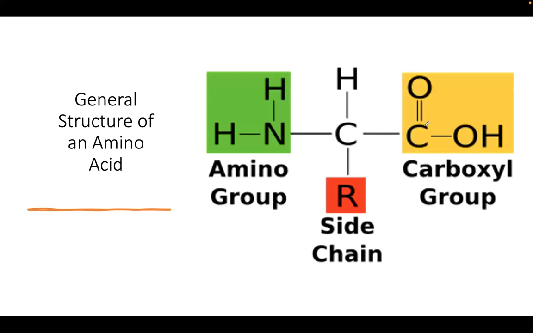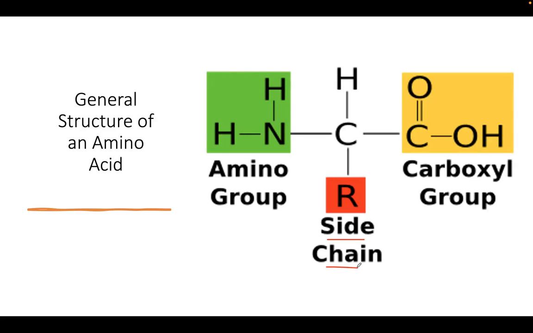Now, let's go back to the basics and must-knows you have to bring with you to any exam which involves the concept of amino acids. So we're going to go back to the basic general structure of amino acids. Now, always remember all amino acids have a side chain. The side chain is what some textbooks call the polar side chain. But I just want you to remember the R group or the side chain because we have polar and non-polar amino acids, just to avoid confusion. Just use the term R chain or the side chain.